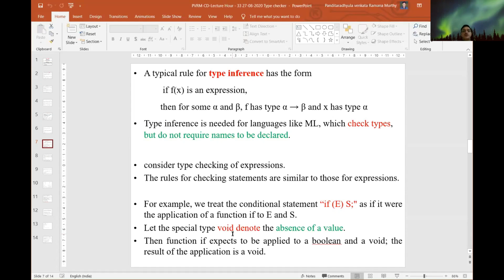We are identifying one more data type called the void type. Void denotes absence of a value. If the function expects to be applied to a boolean and a void, the result of the application is also void.